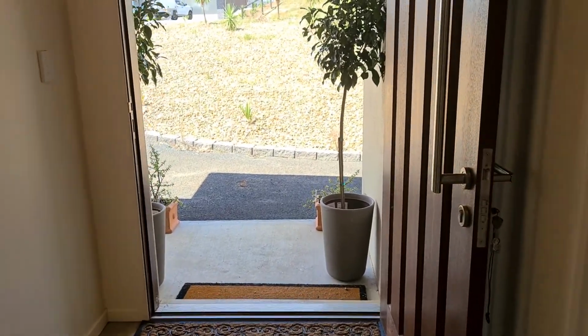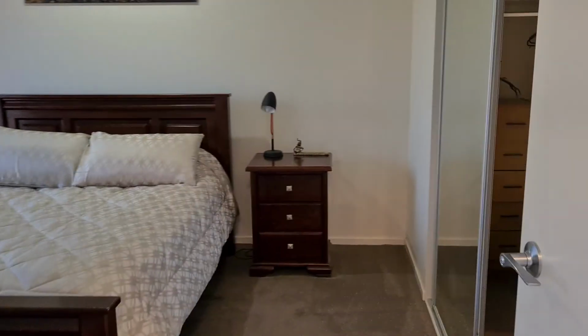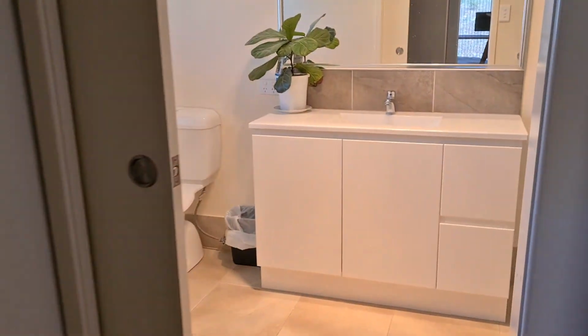Okay. We have the study to the left of me. This is the main bedroom. Walk-in robe, walk in to the ensuite. Okay. Just take you back through